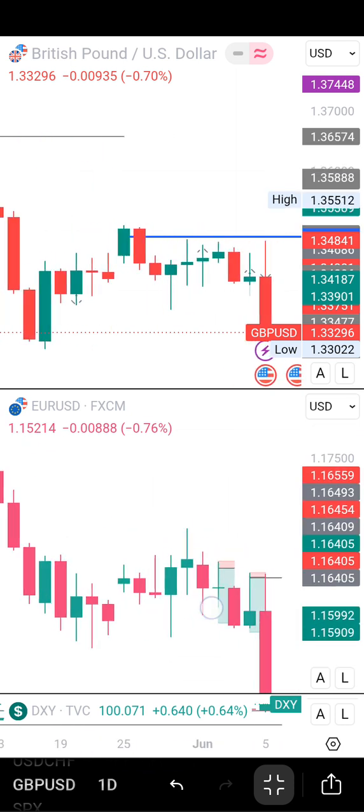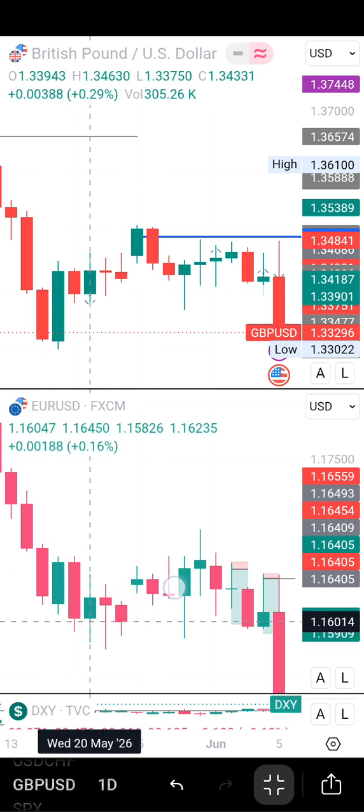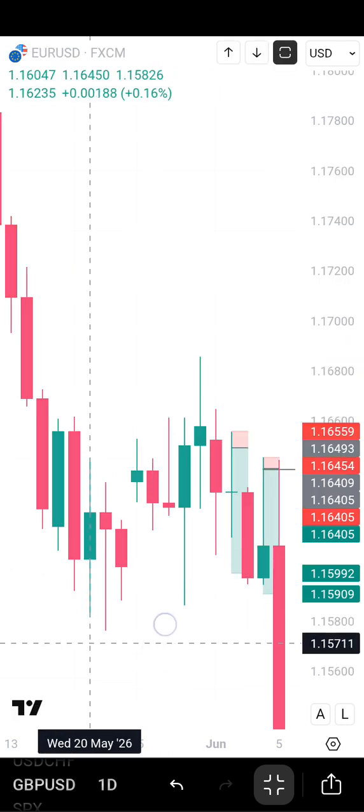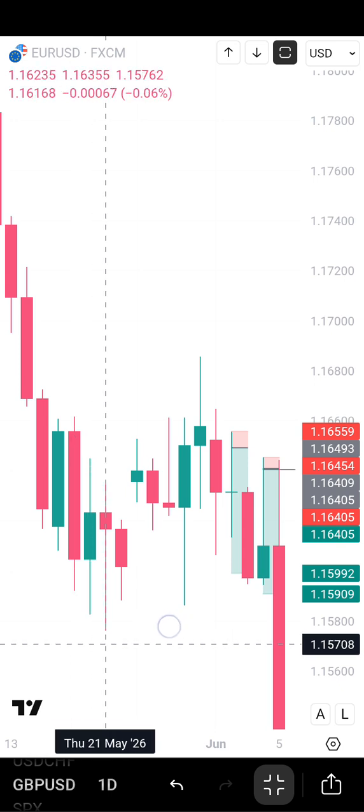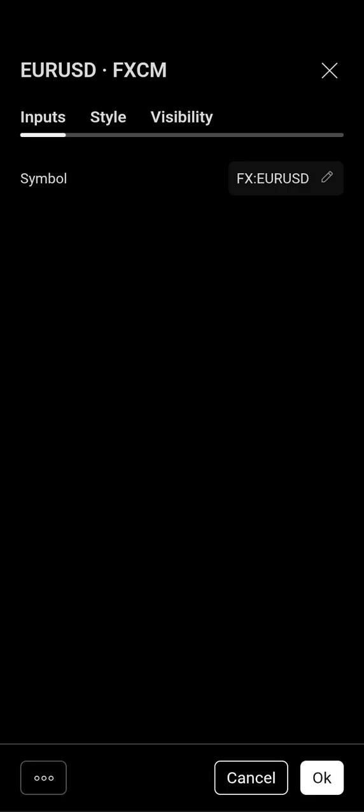You can see here. Now look at this. Look at this level here. If you are trading Euro USD, for instance, normally we trade candle 3. This is candle 1, this is candle 2, and you hope to take this one as your candle 3, but somehow it took the low. Why? You check the corresponding